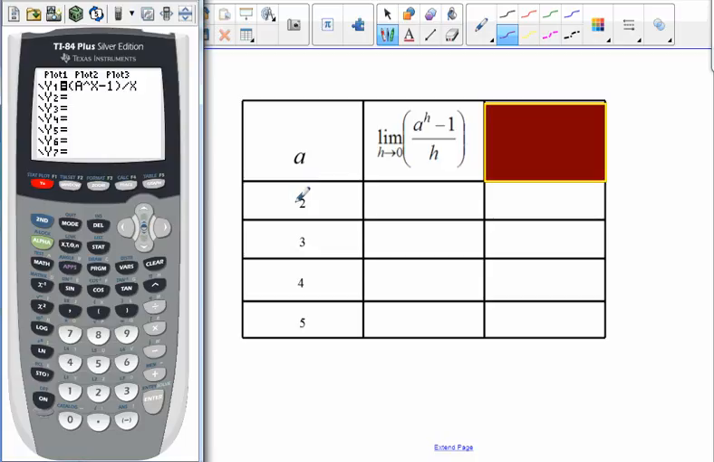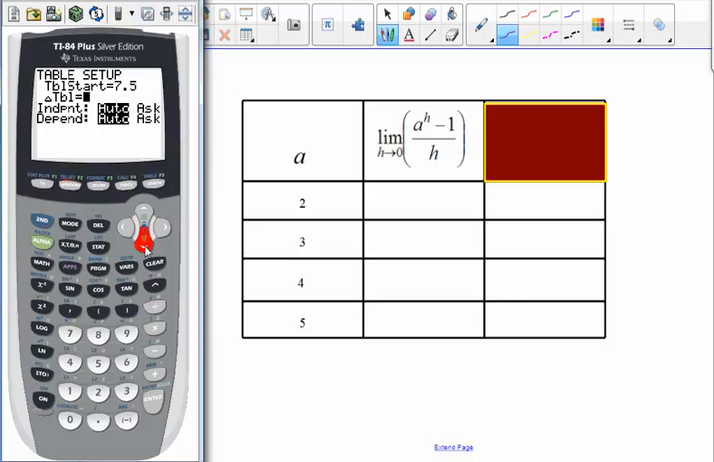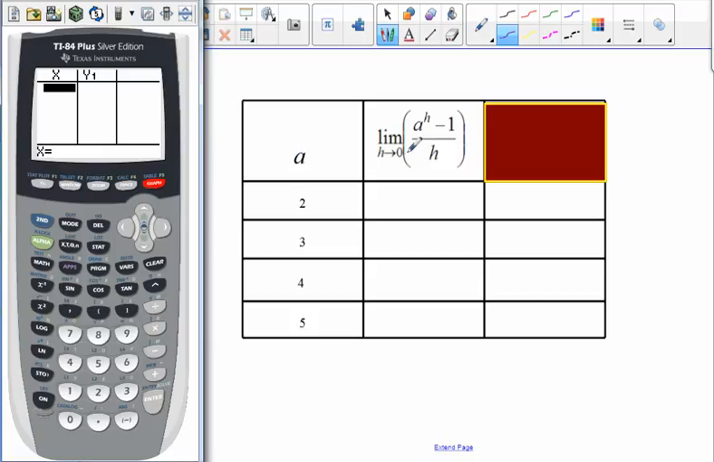And first I'm going to look at what happens if a is 2. So I'm going to just change this to a 2. And I'm going to go to my table. Since this is a limit, I want to clear all of that. In the second table, change this over to ask. There we go. Now go to our table. Since this is heading to 0, I want to pick numbers that get closer to 0. Like I might do 0.1 or 0.01. And I want to get it to where the values aren't really changing much. So 0.001,